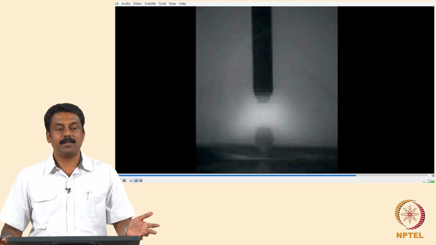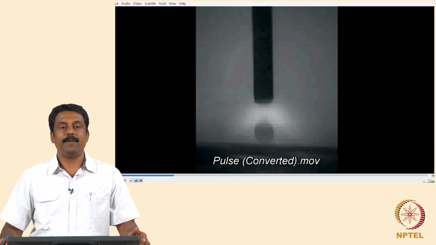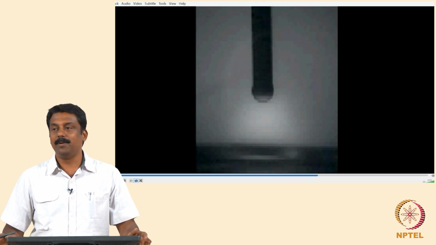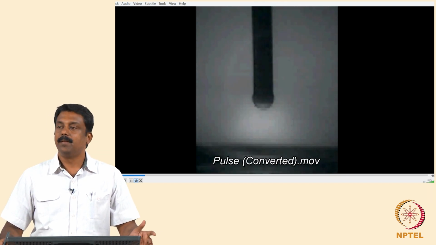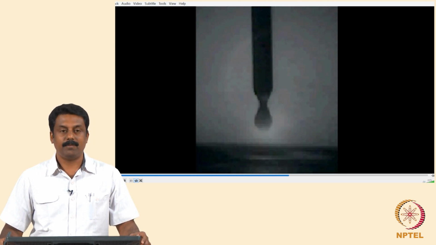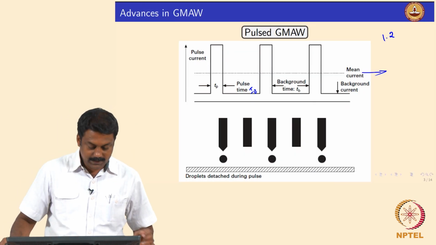So, there must be some relationship for a given material, and we will have to identify how we arrive at the pulsing parameter, then we can do that. So, we can also get the pulsing parameter predicted for a given material and diameter, whatever we need. So, we will quickly go on. So, this is clear, right.